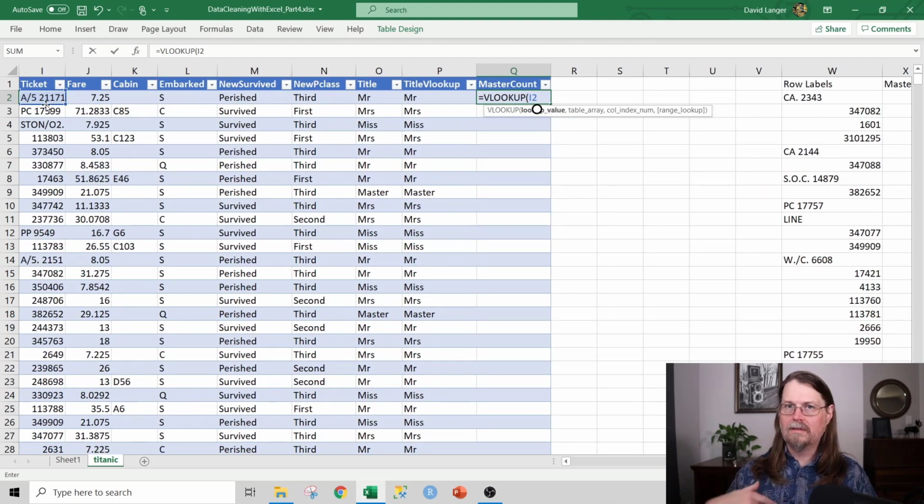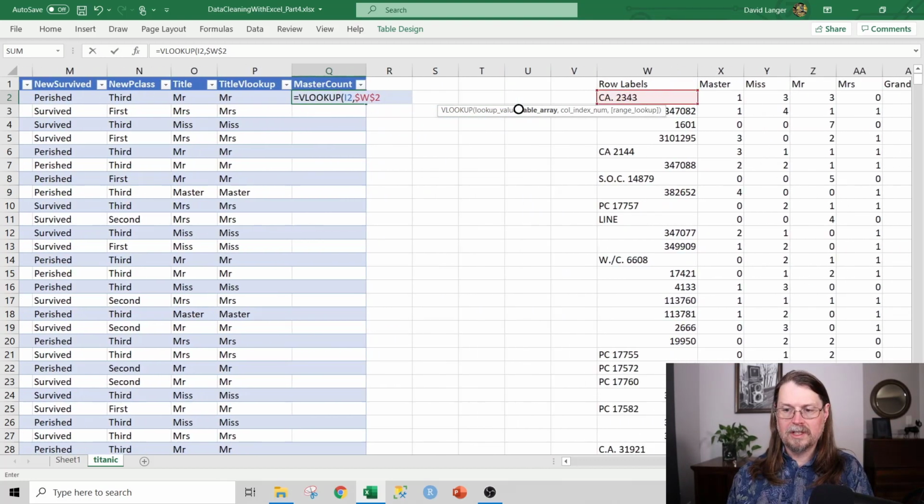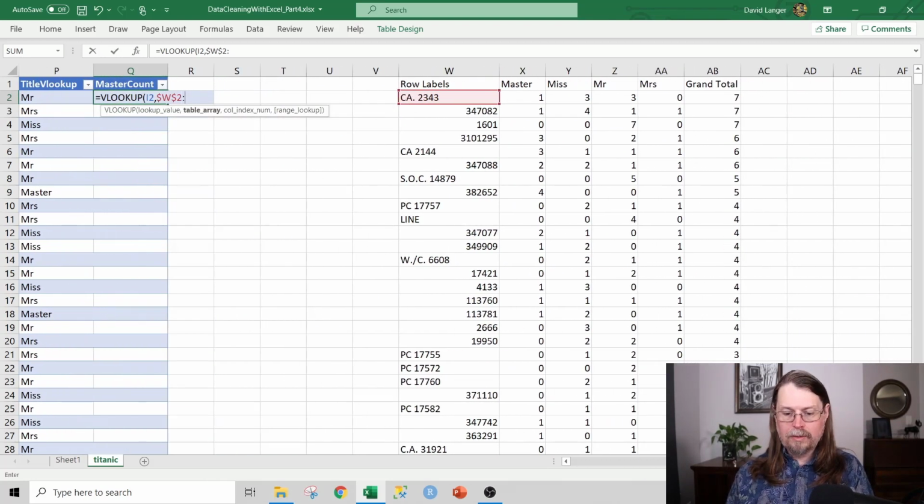So VLOOKUP, which I covered in the last video, we need what value we're going to go grab and then go to the table over to the right and look up the value. So we say, okay, I2. And then we need to tell VLOOKUP where all the data is. And it happens to be in $W$2. And you can see here, now I'm highlighting this particular cell. Let me scroll over just so you can see a little bit better. And then all the way through $AB$